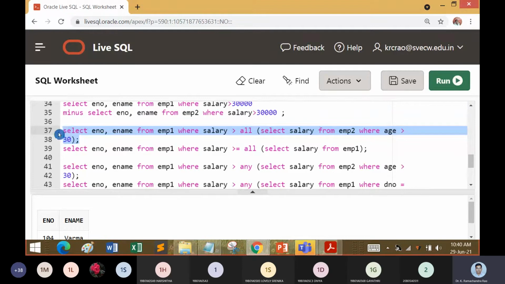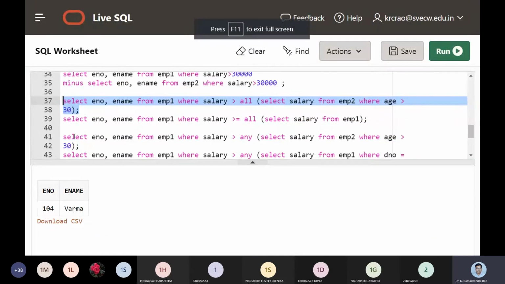When we work with this nested query model, select employee number, name from employee where salary is greater than all the elements in the subquery part. So select salary from employee 2 where age is greater than 30. First this inner query will be executed.